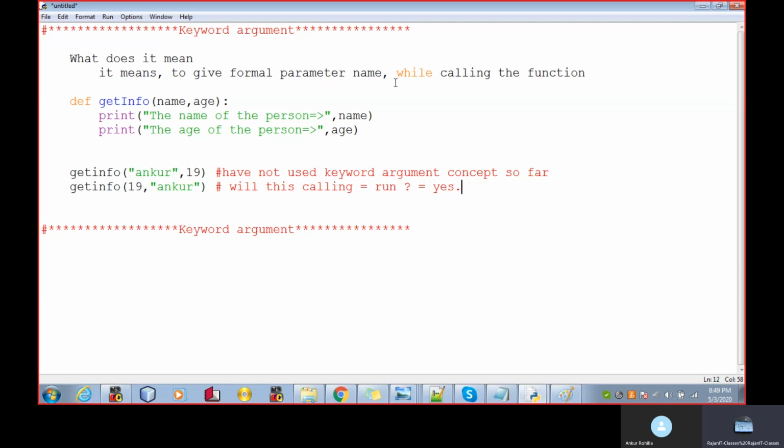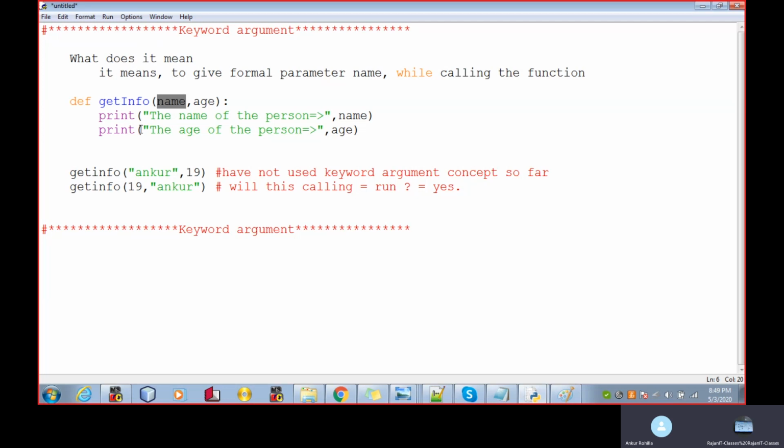I just called the get info function in the first version. It will work. Then what about this 19? Will it go to the age variable or the name variable?